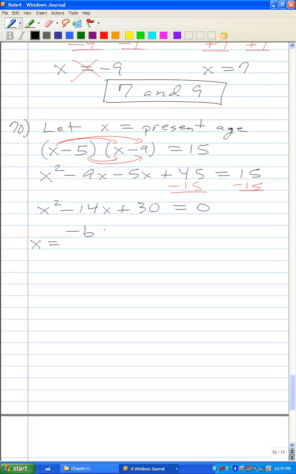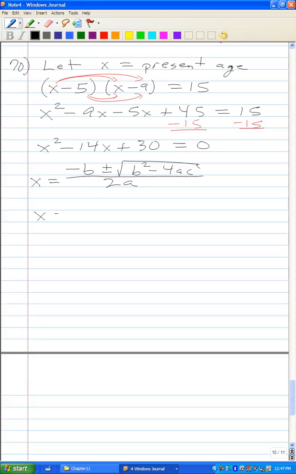X equals negative b plus or minus the square root of b squared minus 4ac, all over 2a. And so x is equal to negative